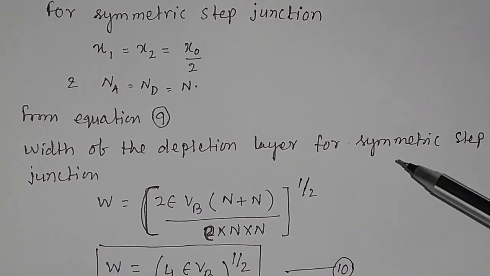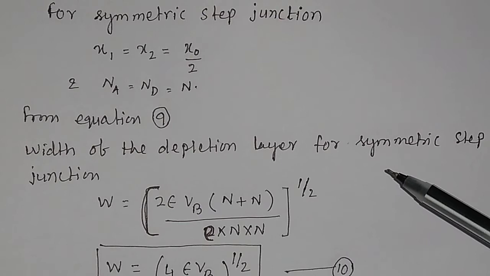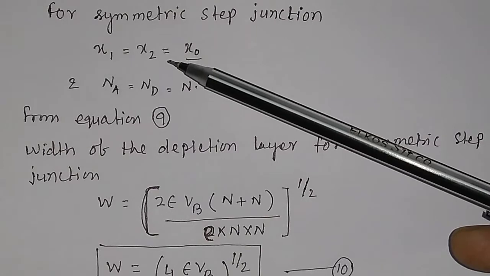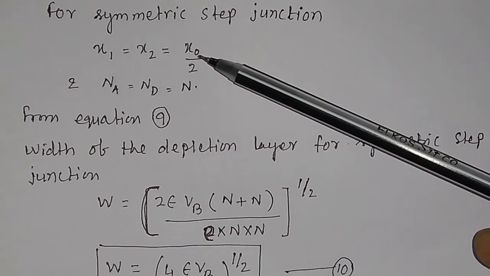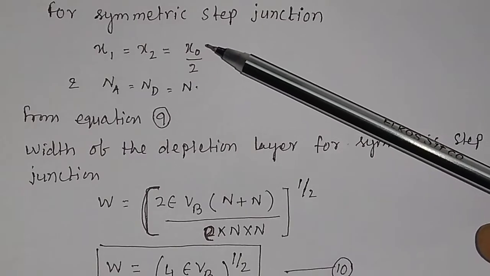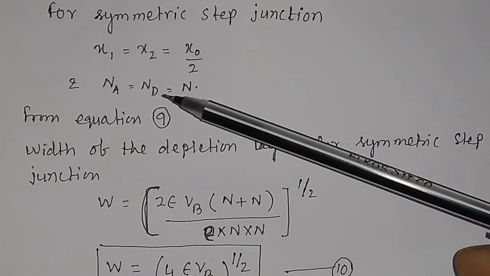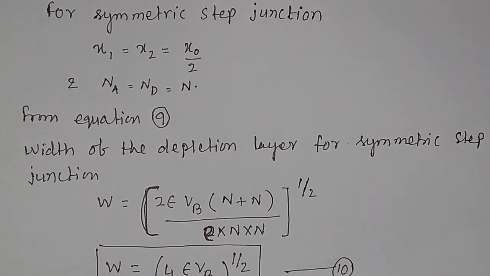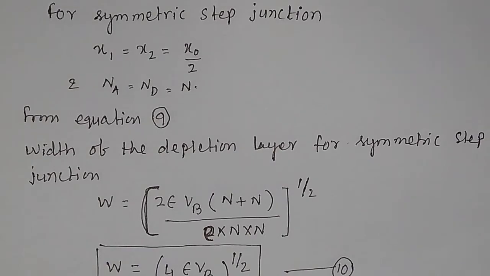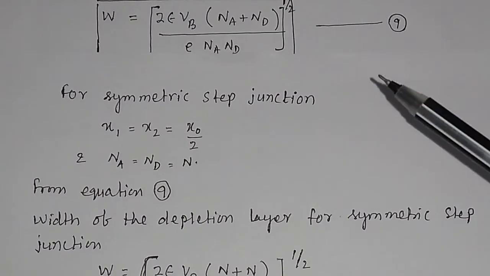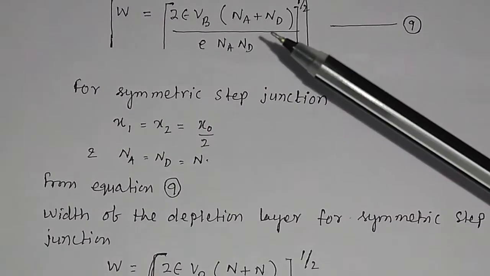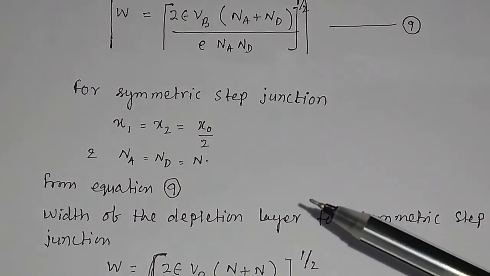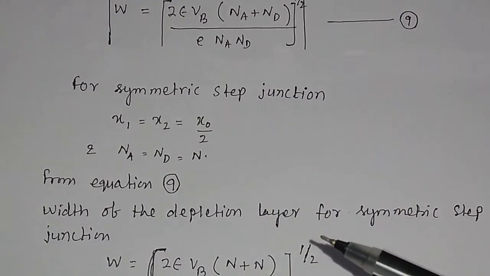Now let us calculate the width of the depletion layer for symmetric step junction. If the junction is symmetric, then x1 is equal to x2 and you write it x0 divided by 2. And for symmetric step junction, also Na equal to Nd and you take it N. And if you write x1 and x2 in equation 9, this is your equation 9, and you substitute Na equal to N and Nd also equal to N,